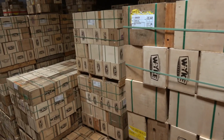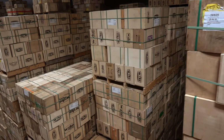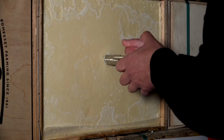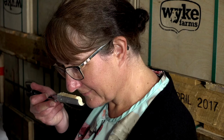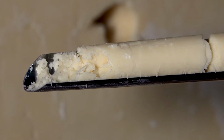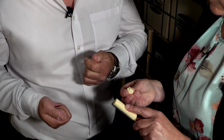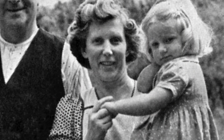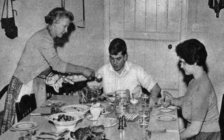A mild cheese will be kept for 3 months, a mature cheese for up to a year, and an Ivy's vintage will be kept as long as 2 years. Our cheeses are graded at 1 week old, then every month through their life until eaten. Only the very best cheese makes it to be a 2-year-old Ivy's vintage cheddar. Grandmother Ivy would be proud to know that her Somerset cheddar is being